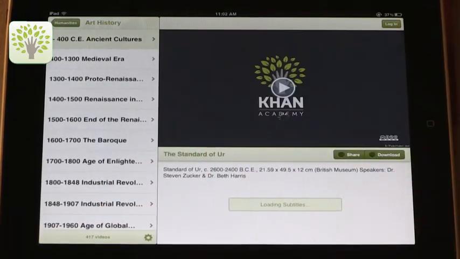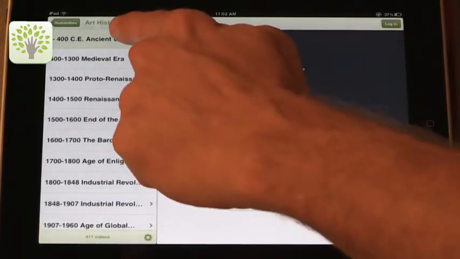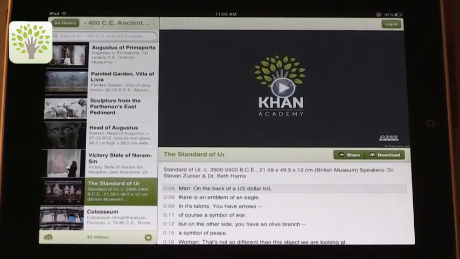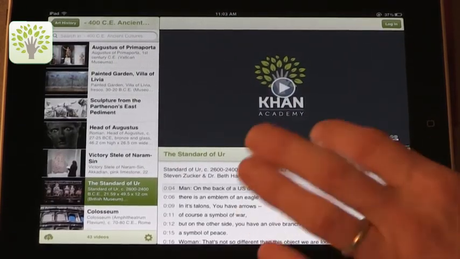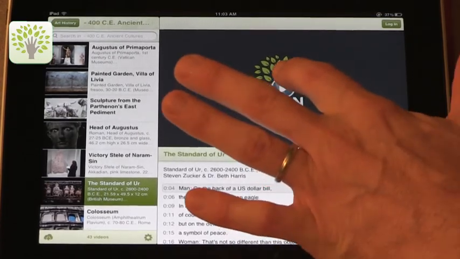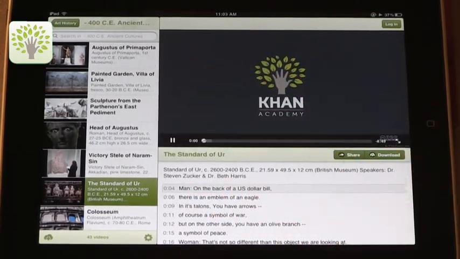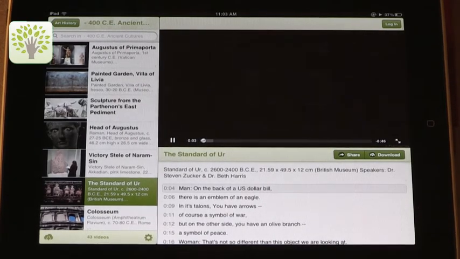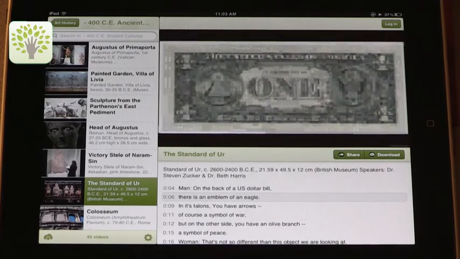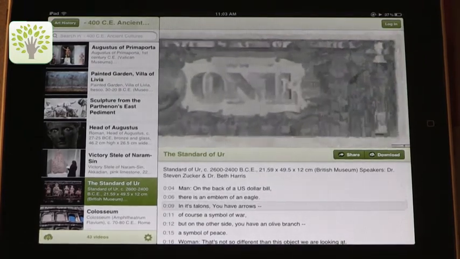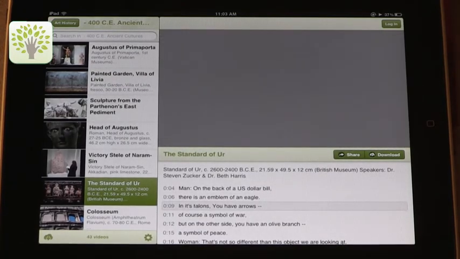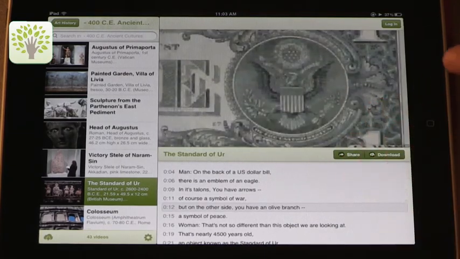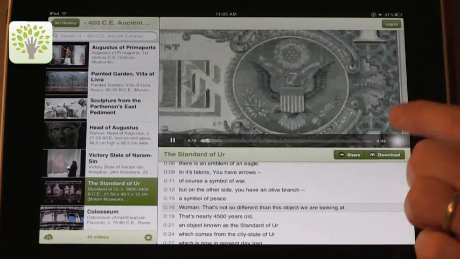So I'm in the app for the Khan Academy, and I'm tapping on art history and then on the ancient history. And what you can do is you can actually view these movies, and these are under 10 minutes, most of them, and they each focus on a specific topic. In this case, the Standard of Ur, and you can do this at full screen, which is helpful usually for